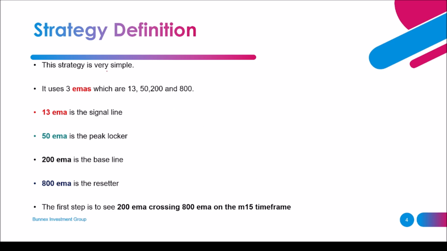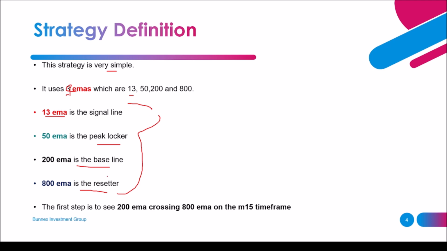This strategy is very simple, so any trader, no matter which stage you are in your learning cycle, can use it. It uses 4 EMAs, which are the 13 EMA, 50 EMA, 200 EMA, and 800 EMA. By EMA, we refer to exponential moving average. Basically, the 13 EMA is the signal line, the 50 EMA is the peak locker, the 200 EMA is the baseline, and the 800 EMA is the resetter. These are basically big words for nothing, and you will get to understand each of them as we go